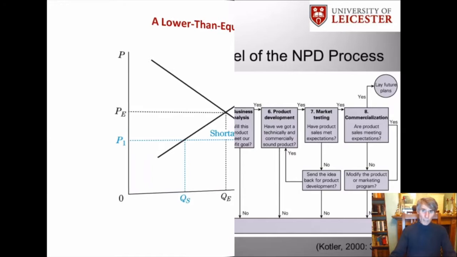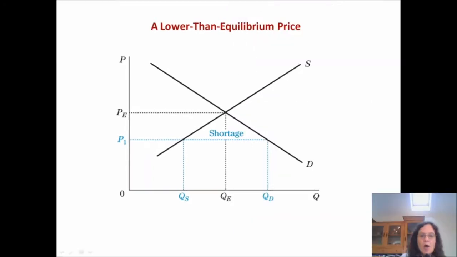So we can see here that we've got our price 1, which is lower than the equilibrium price, which is PE, because we can see here that where the supply and demand curves intersect gives us our equilibrium price and our equilibrium quantity. But at the moment, for some reason, for some instant in the market,